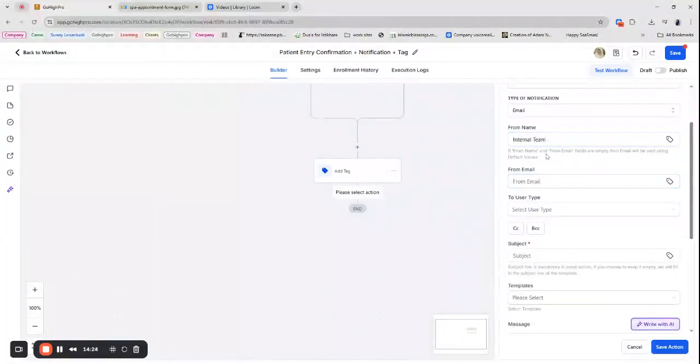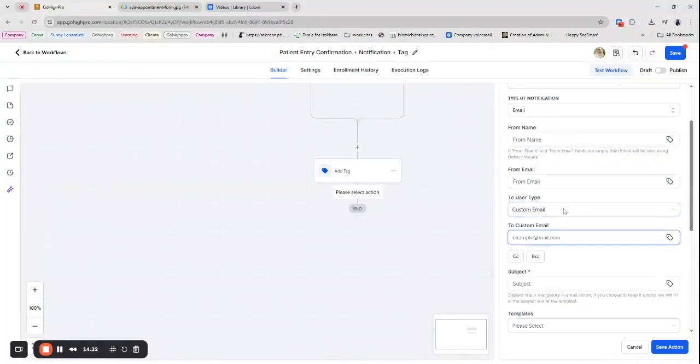From email, this can be left empty. This will automatically capture your account. So here you can add a particular email. For example, I want to be notified to my email hello at, subject could be